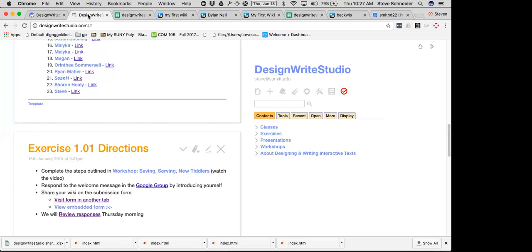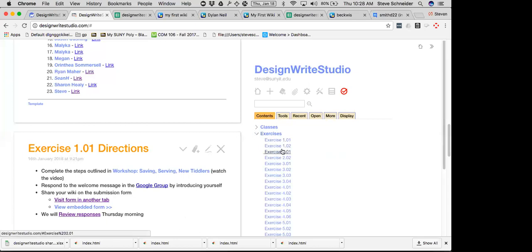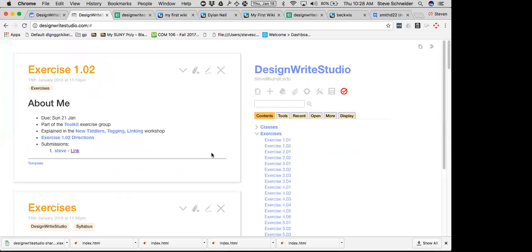Okay, so we're going to move on to exercise 1.02. You're probably wondering why they're numbered that way. They're built in units, and although it's not visible yet, the level 1 exercises are introductory, level 2 are sort of the next step, 3, and then 4. So we're starting with this first set of exercises. If you want to jump over to exercise 1.02,